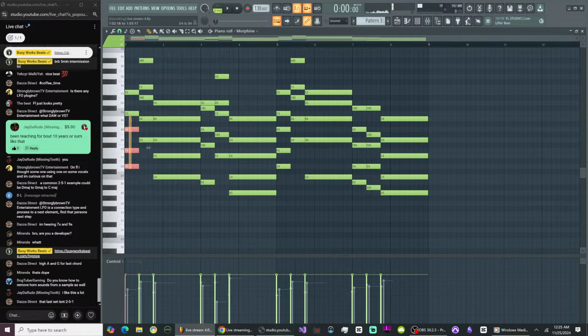Okay, so we went from the 2, the 5, the 1 of the C major scale. Then I use what's called the 2-5-1 of the secondary relative scale. So now I'm moving into A natural minor. And I'm using the dominant chord of the A natural minor scale to move into A natural minor.